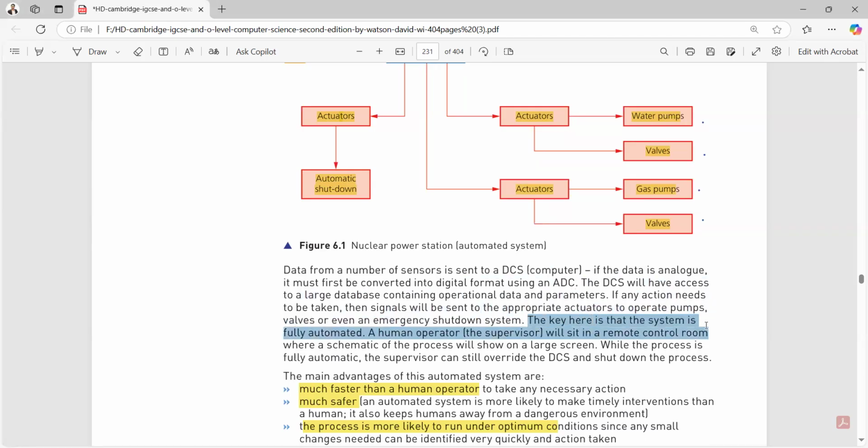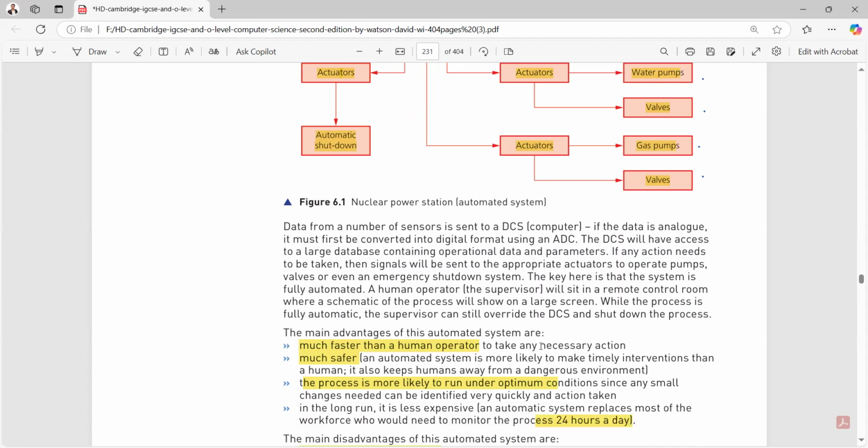So the key here is the system is fully automated. The supervisor will sit in a remote control room, and there will be a large screen. And while the process is fully automatic, the supervisor will be watching this. But just in case if the supervisor thinks that this is not appropriate, so still he can override the system. ओवरराइड मीन्स कि सिस्टम को वो अपनी कमांड दे सकता है कि यार ठीक है, आई नो इट्स नॉर्मल बट आई वांट टू शट इट डाउन, सो यू हैव टू डू इट लाइक दिस।